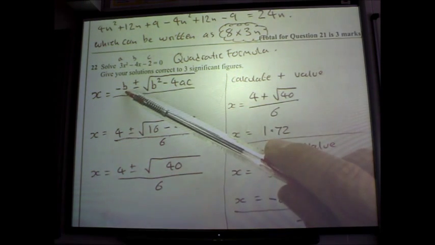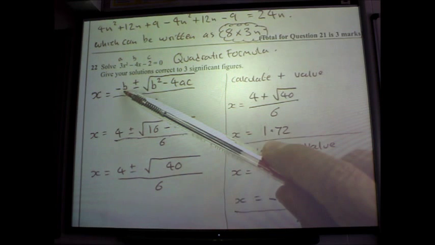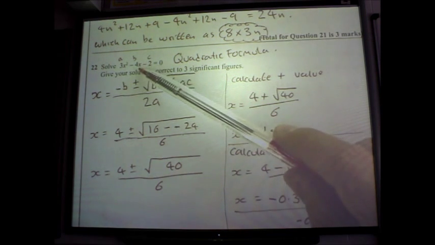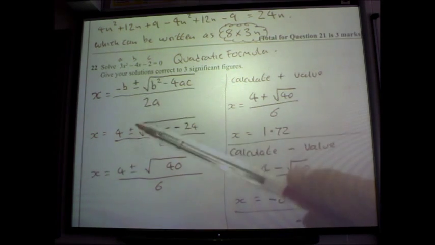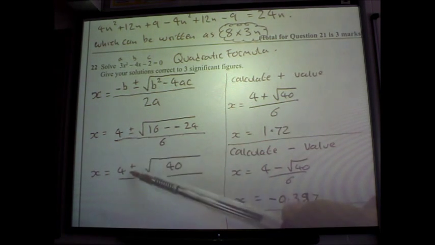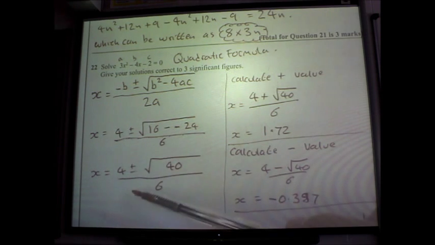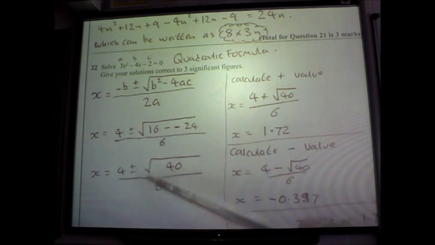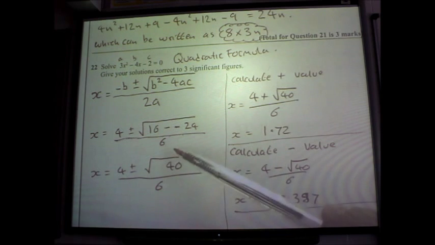Now, that's a negative b at the start. Be careful, because b up here is also negative. So that actually, the negative and the negative turns a 4 into a positive. So that's why it's no longer negative there. You work through and you get to this stage, you got 4 plus and minus the square root of 40